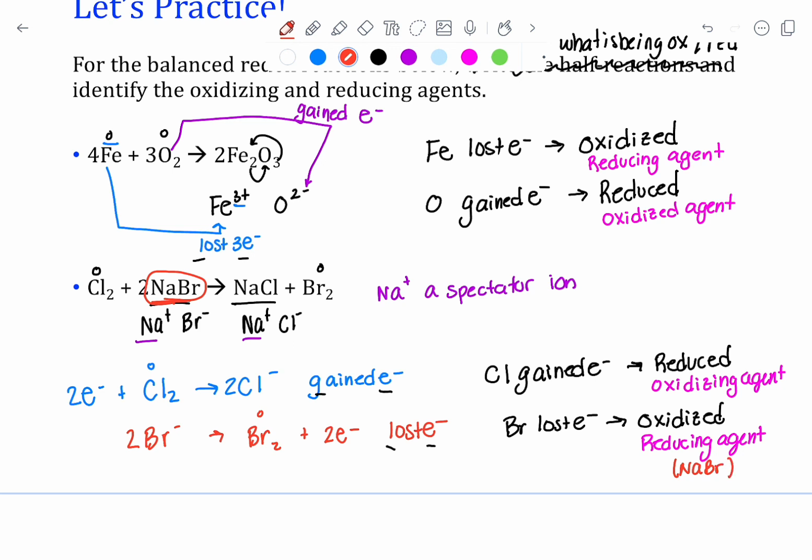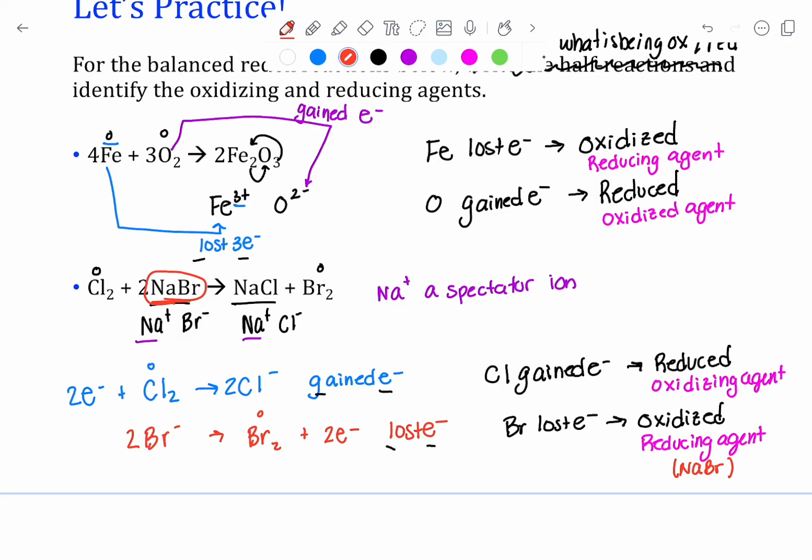So they're looking for the full formula of where that came from. So since Br- came from NaBr, the reducing agent would be NaBr. Other textbooks, other places, they say the reducing agent could just be the ion that's changing, and we don't need to worry about the spectator ion, but I do believe your ALEX homework does want you to put the entire compound